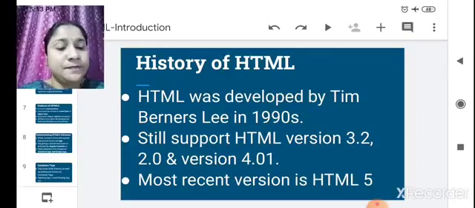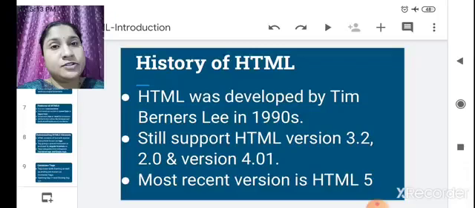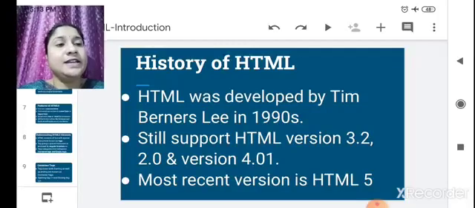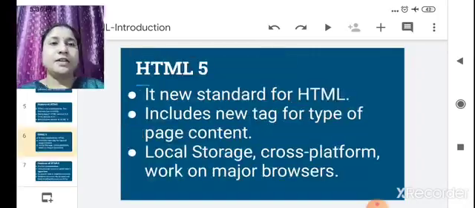HTML5 is the successor of HTML version 4.01. So this is the history of HTML.